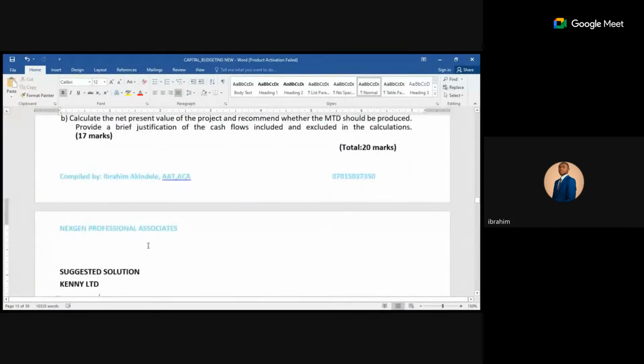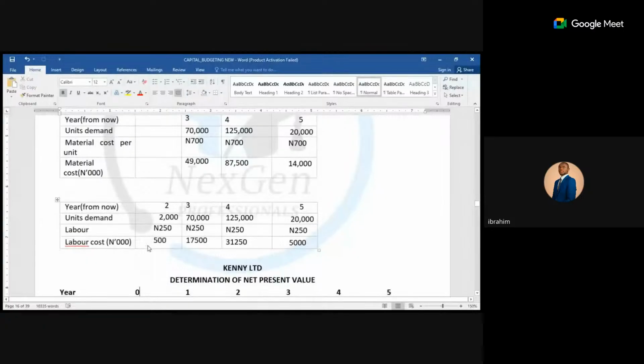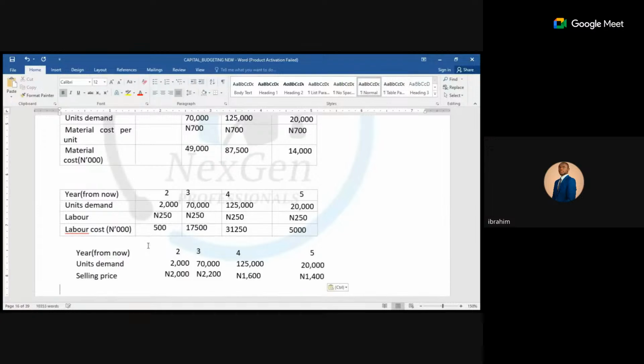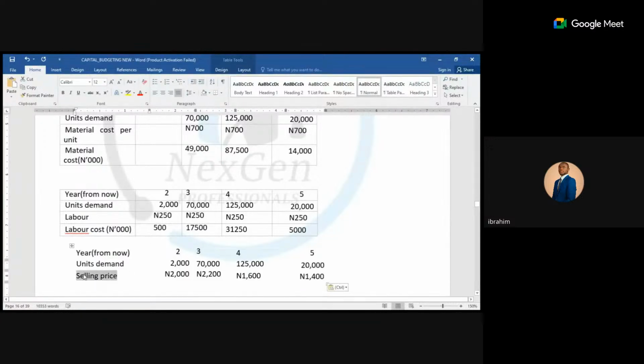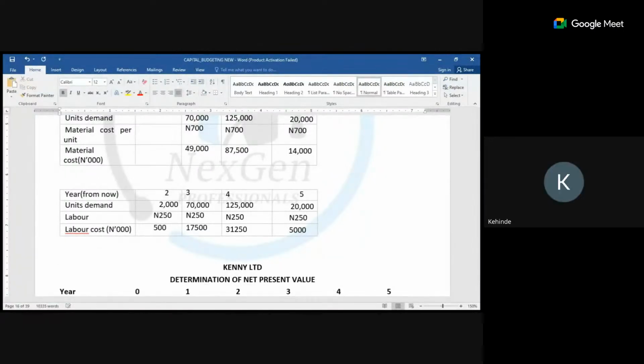Okay, that's fine. So they say they incur it for the project. So will I be multiplying that figure? Now you see, some people will say I should multiply it all through. Okay, let's check. Fixed production cost per unit. So what is the fixed production cost per unit, class? 6,500. From year 2, there's no need for me to do this.